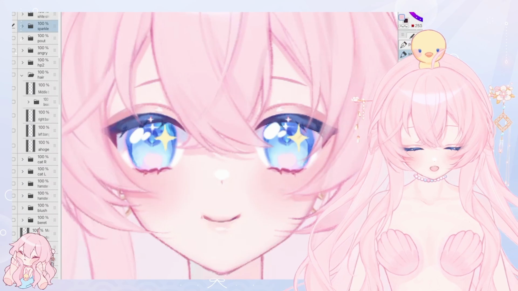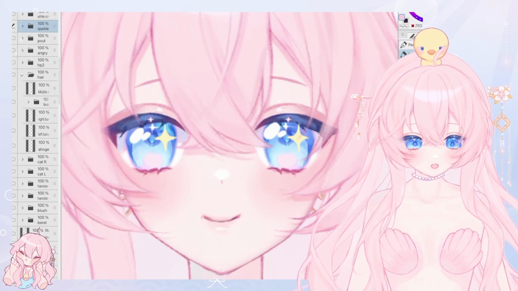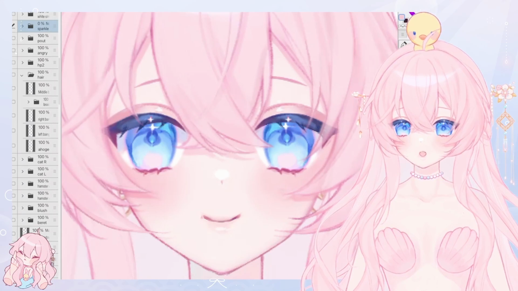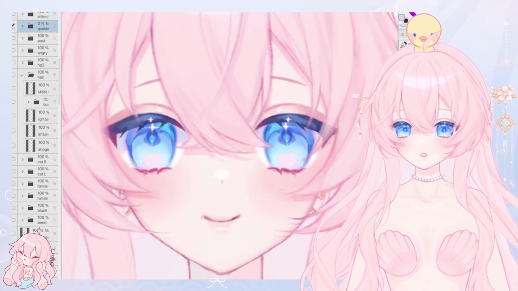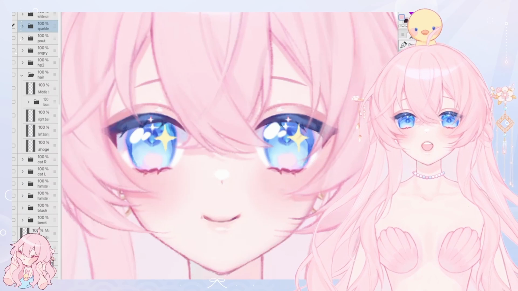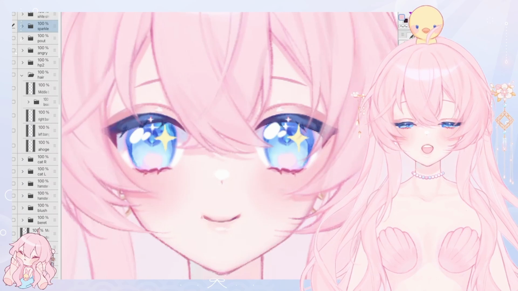So for example, if I were to have these sparkles in the eyes, the rigger would take this layer and they would change it from 0 opacity to 100% opacity within Live 2D. But you do need the sparkle layer to exist in order to have this expression.